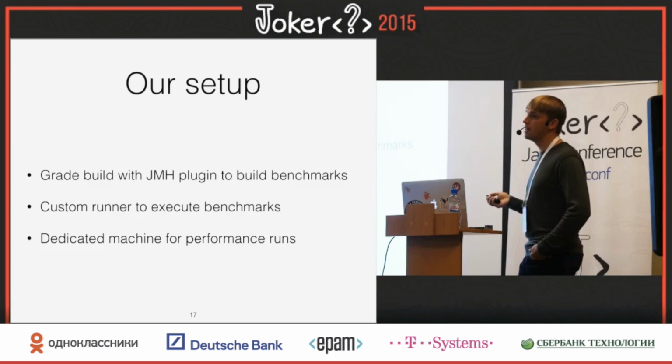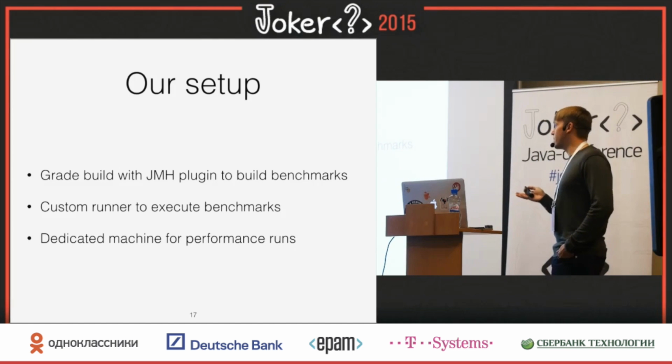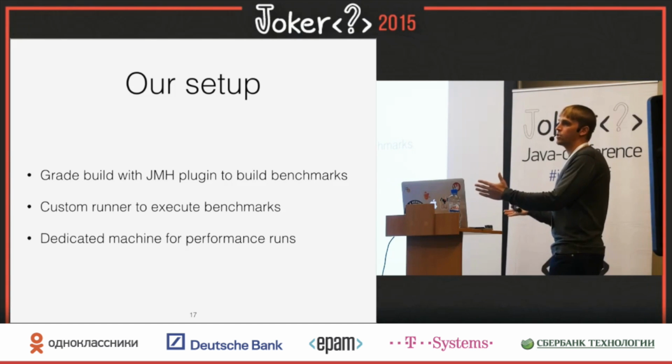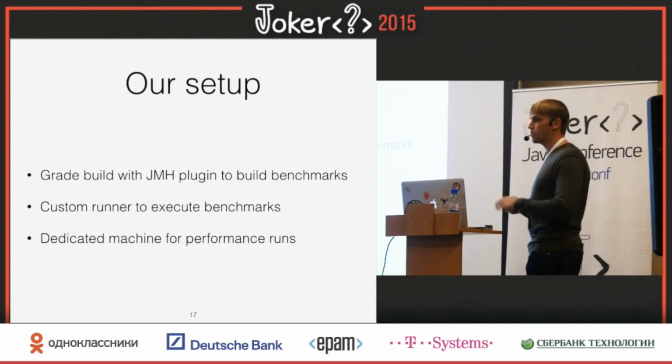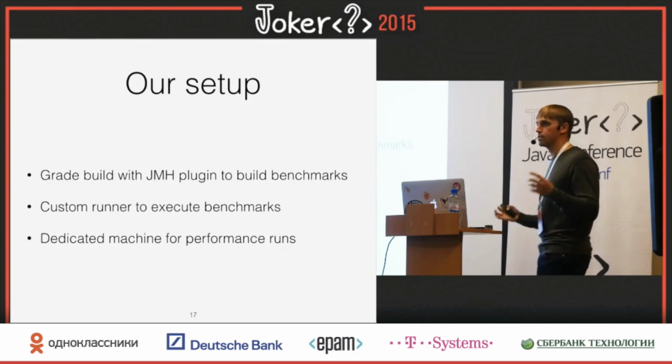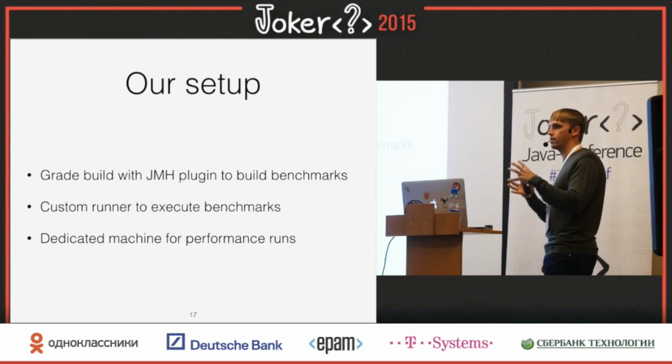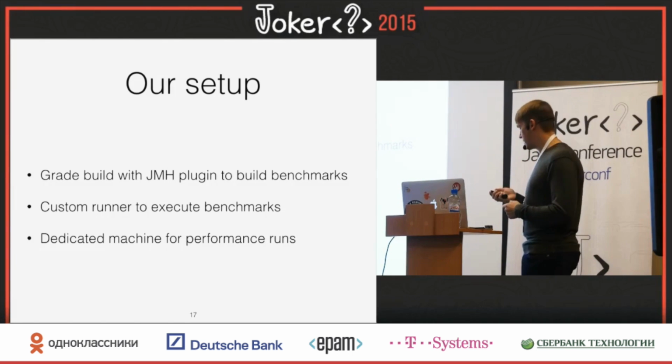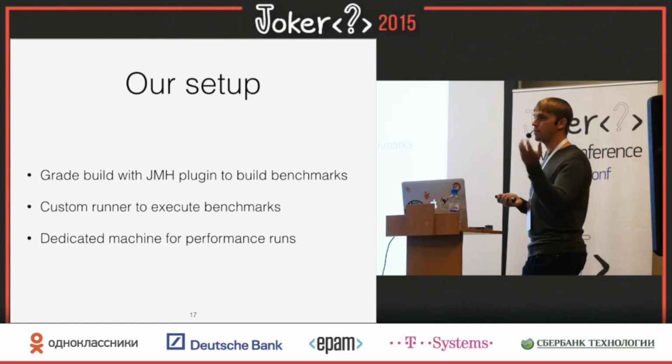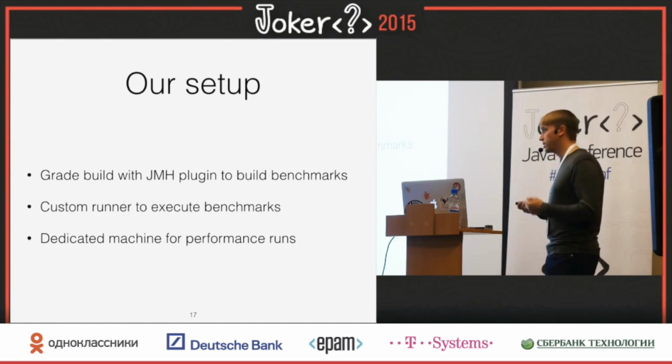So our setup: we use Gradle as a build tool, unlike JMH, which by default comes with a Maven build. The only thing that you really need from the build tool is that during the build phase, you need to run the annotation processor, capture the generated benchmarks, and generate a fat jar. A jar which has your benchmarks and your dependencies in one big pile. The reason you want to do it is that then you can take this jar and put it on any environment you want to run. You can share it with someone and ask, can you confirm the results, etc.